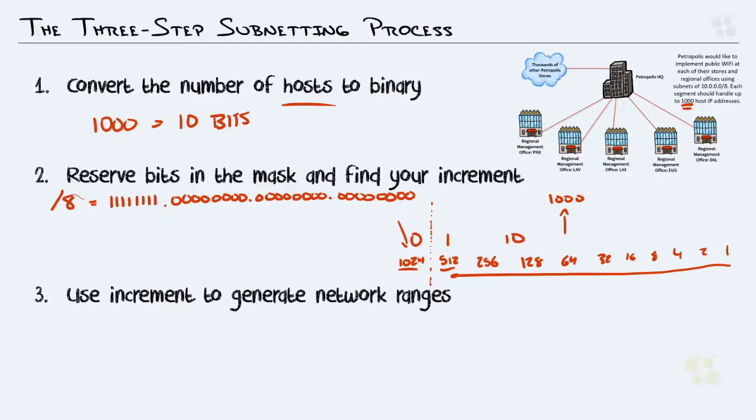So I'm going to look right here and go right to left. 1, 2, 3, 4, 5, 6, 7, 8, dot, 9, 10 will be saved. There's my 10 bits. The rest of them can flip on over to the network side, because again, we are doing subnetting. We don't want one big old network of 10 with 16 million hosts on it. We need subnets, and it looks like we're going to get a lot of them because our new subnet mask becomes a /, that'd be 8, 16, 17, 18, 19, 20, 21, 22,